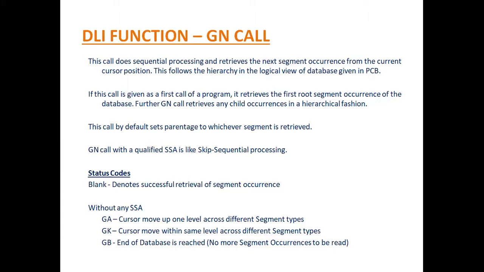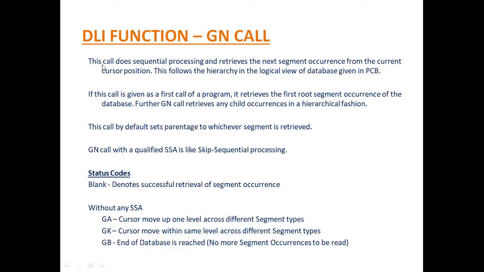So what read does is read the record wherever the cursor is present and move the cursor to the next available record. Similarly, a GET NEXT is going to get the segment occurrence wherever the cursor is present and move the cursor to the next segment occurrence based on the logical database. So it is continuously going to move the cursor to the next segment occurrence and so on. Once it reaches the end of the database, it is going to update the status code GB. So GB stands for end of database.